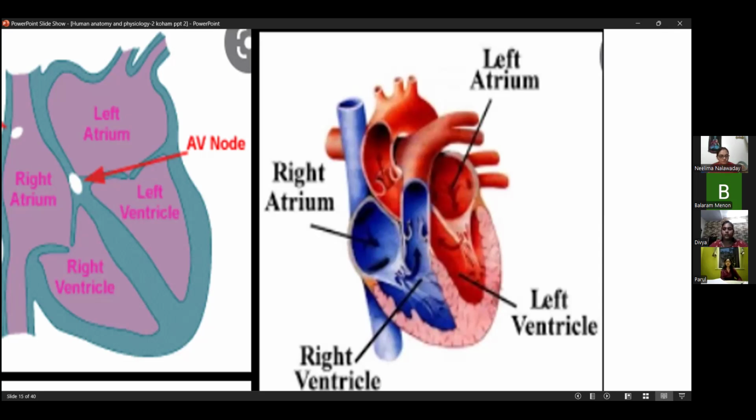Then the superior and inferior vena cava. This blue colored vein you can see drains deoxygenated blood from the upper and lower sides of the body into this right atrium. And from the arch of aorta, blood gets supplied with the force of left ventricular contraction, and it gets spread all over the body. So this vena cava, upper and lower, the blue colored vein you can see, the name is not written here, but yes, superior and inferior vena cava, and this is the arch of aorta. There is one more diagram I will show you.